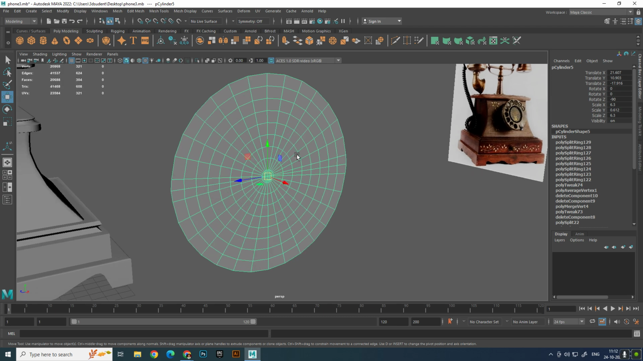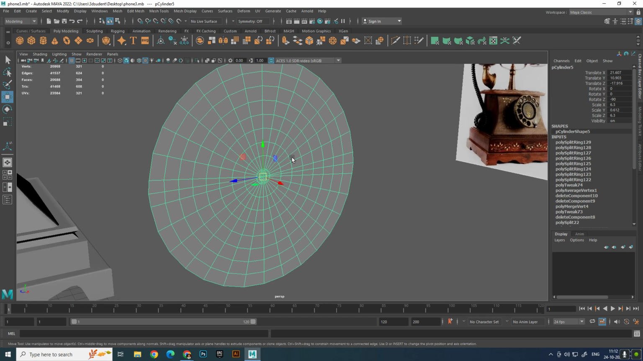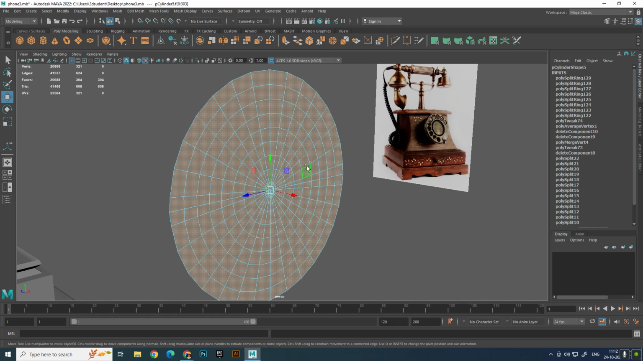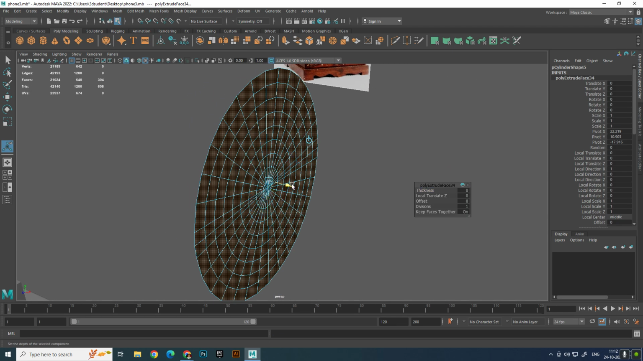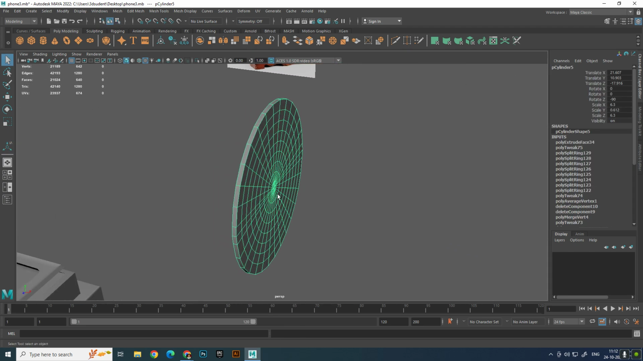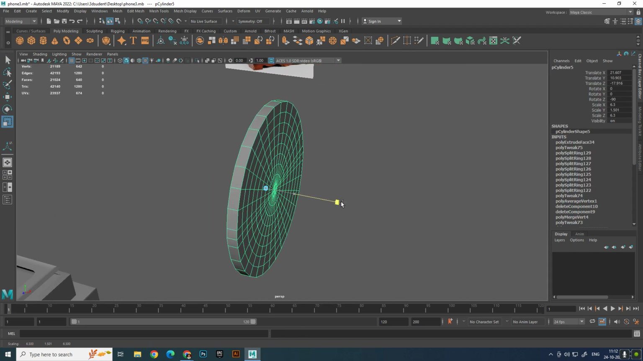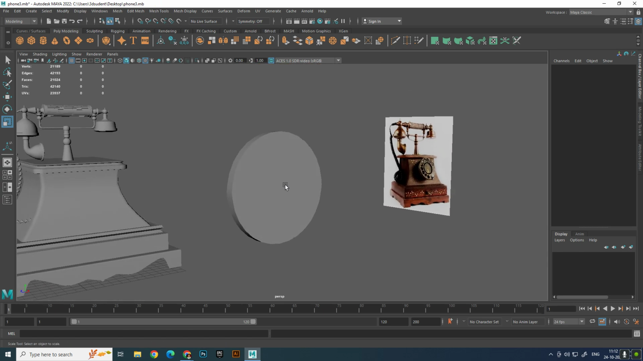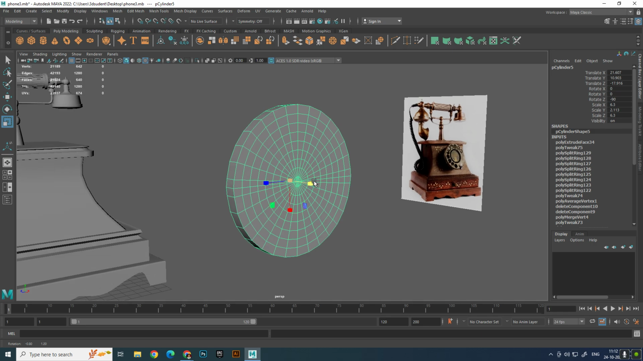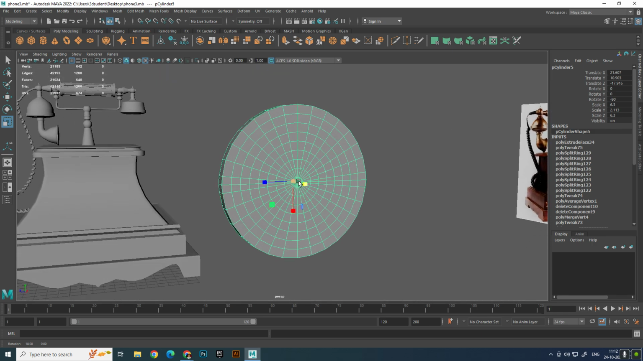So select one time, extrude and create a depth for it. You guys got the depth. This much is fine. Yeah. Now Control D,